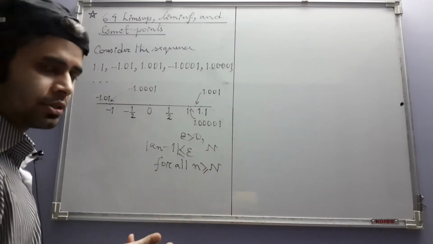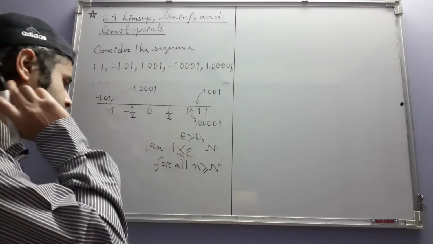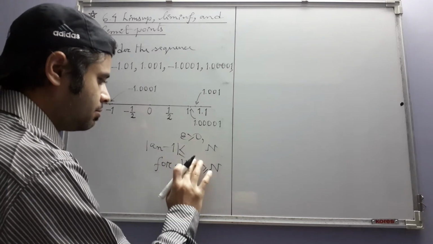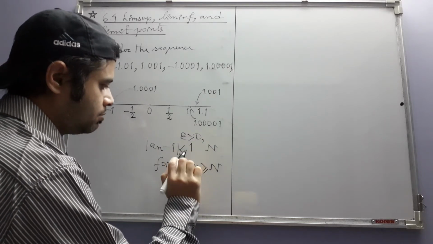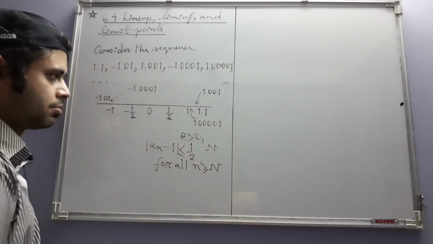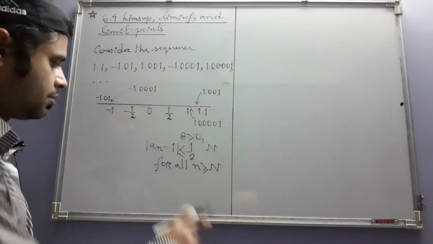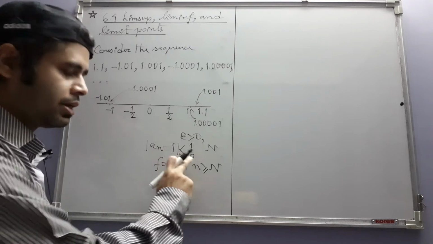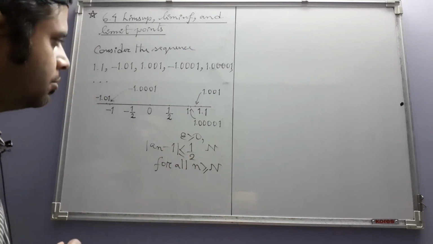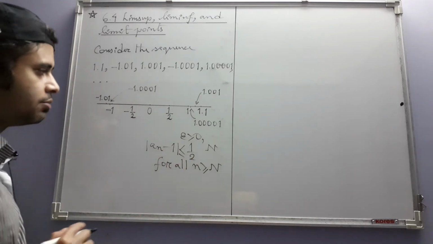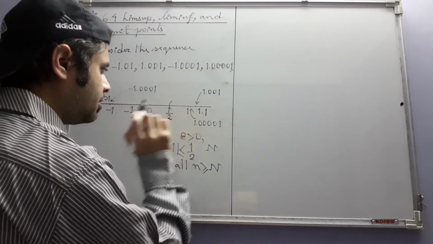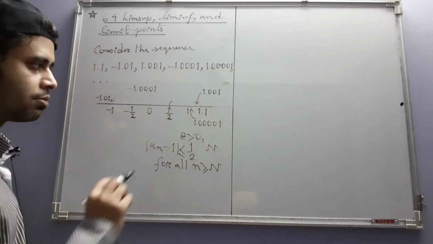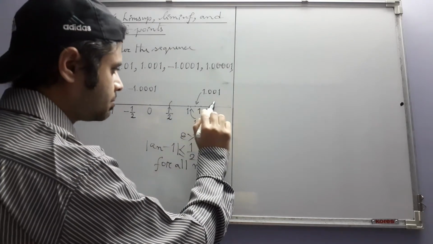But that is not possible. Why? Because if you choose this epsilon to be, say, 1 over 2, then the distance between an and 1 is less than or equal to 1 over 2 if and only if an lies here